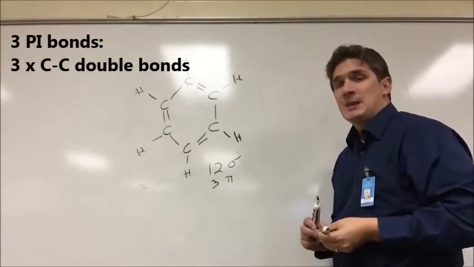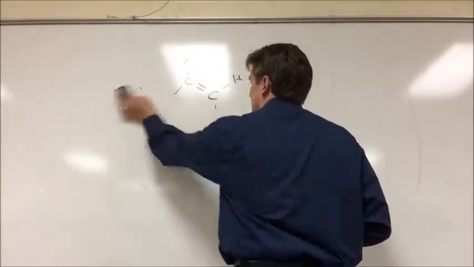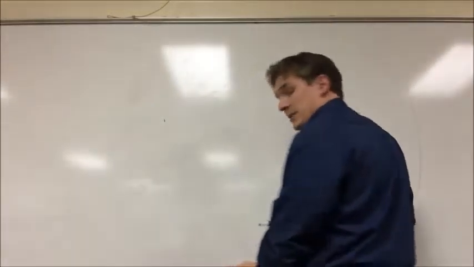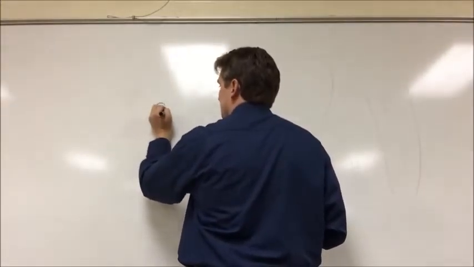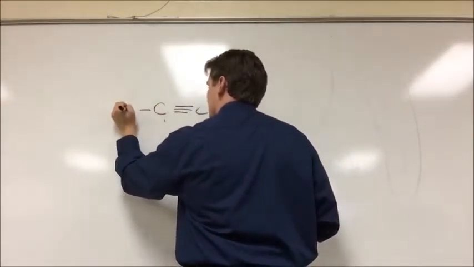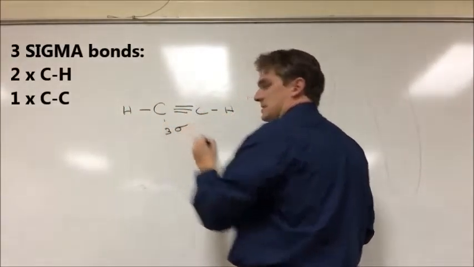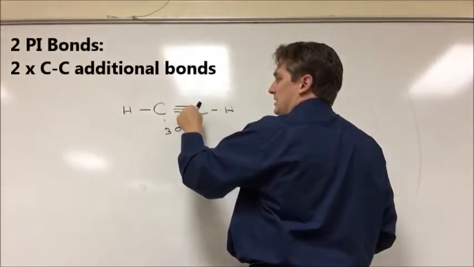Now, what if we have something more complicated than a double bond? Let's say we have something like acetylene. If we had acetylene, C2H2, we have 1, 2, 3 sigma bonds, and now we have 1, 2,